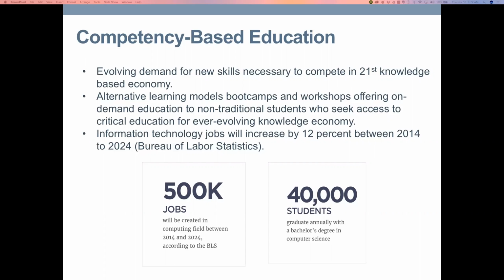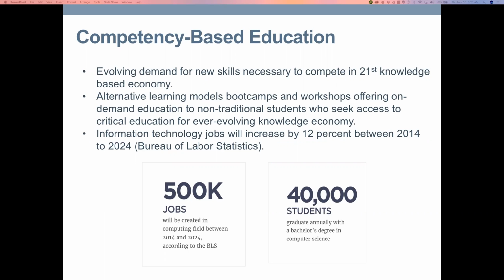There are 500,000 jobs that will be created during that period, and annually there are only 40,000 students that graduate with a bachelor's in computer science. So it just shows that the competition for these jobs will be much higher, and there will be a shortage of supply of graduates in computer science. This is for the US market, by the way. This is not global. So there are new types of schools that are being created, like General Assembly or boot camps that teach how to code. And the way IT education and computer science education is taught at public schools is still evolving,